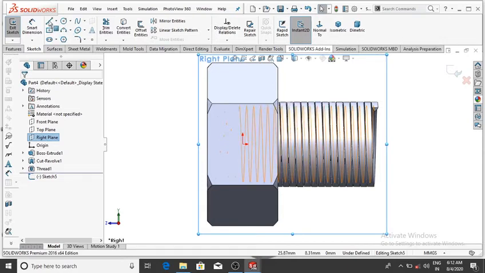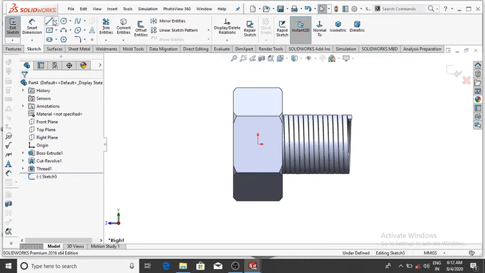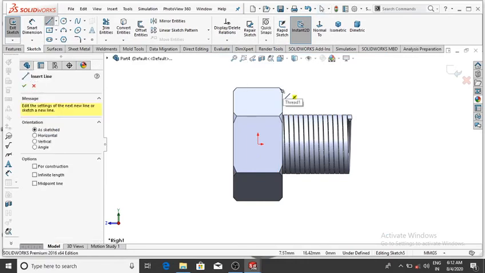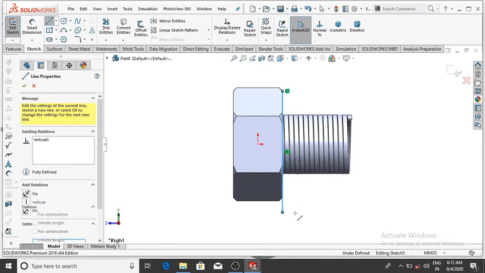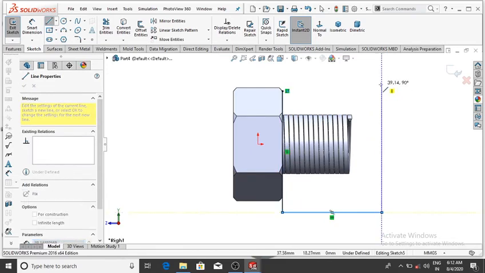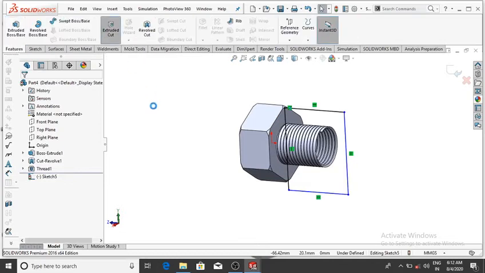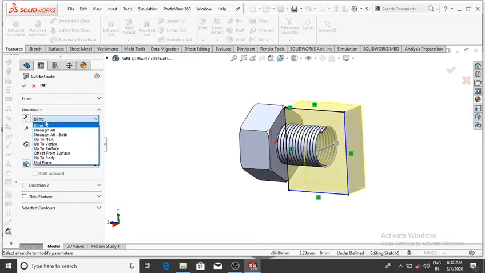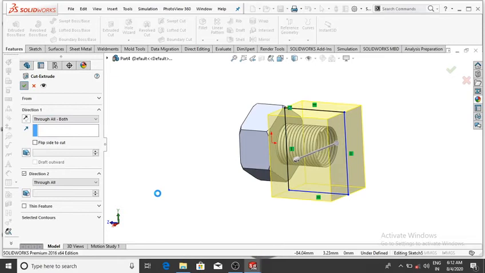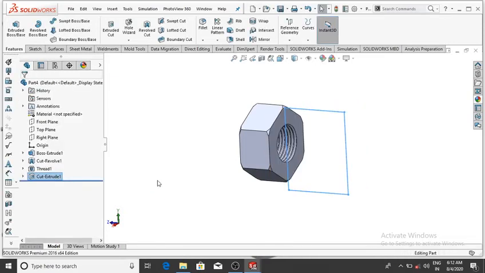So select this line, now select this line and select this line up to this, and this line, and make this line up to this line, and now make the extrude cut through all. So go to the feature and select extrude cut and select through all, but select through all both directions, then OK, it will be cut from this part.